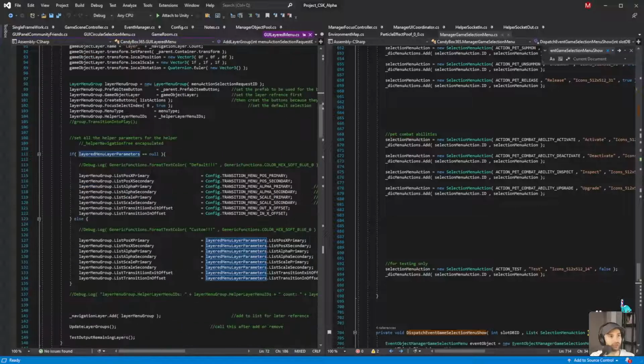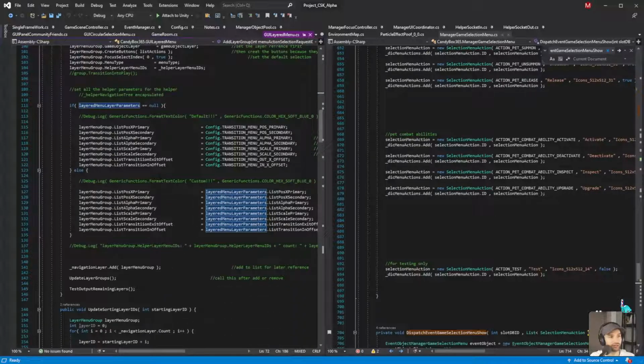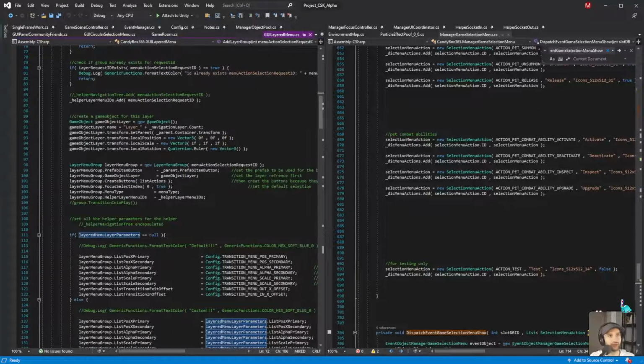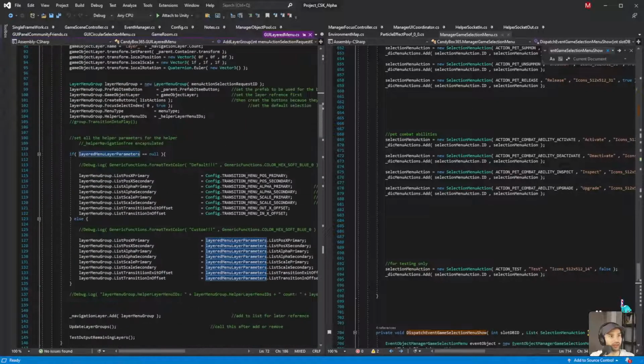Yeah, if it equals null, so here's where the reset happens. But where is the point where it sets that? So if this condition happens, then I get it. It sets them to the config defaults, which actually I made a function for this.